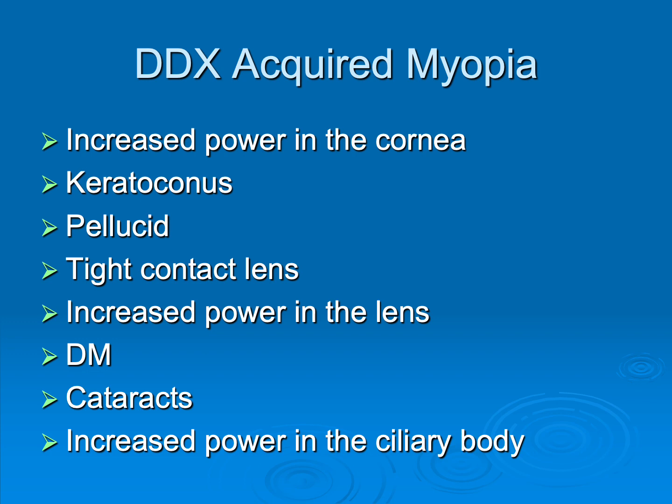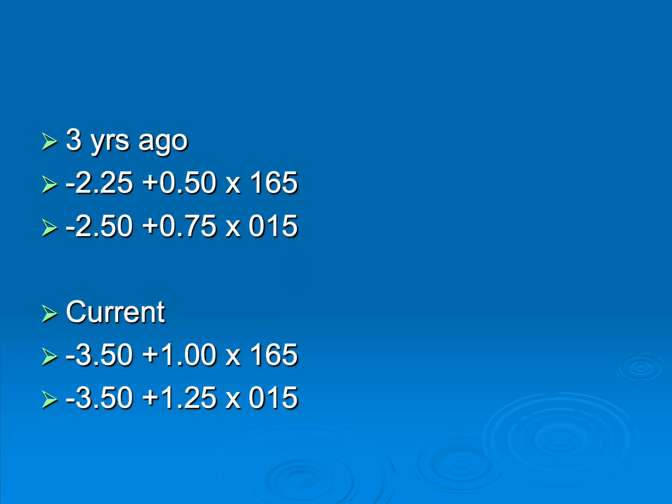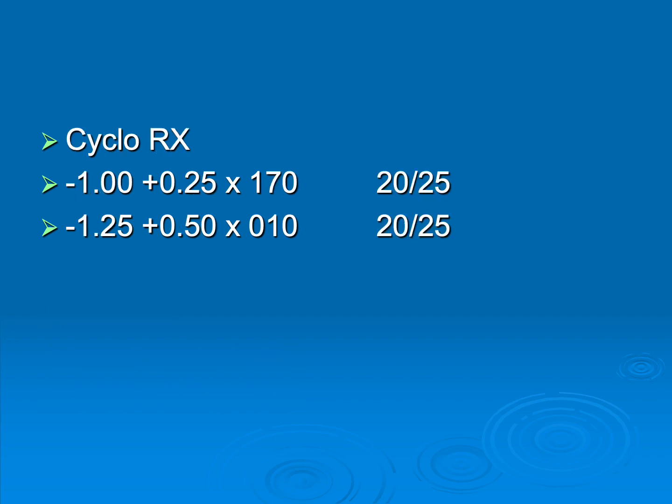So you suspect it's accommodation. How can you confirm that? Well, probably the easiest thing to do is to look back in the chart and see what her prior refractions have been. So here she is 3 years ago versus today, and you can see she is changing. So you're really suspecting now that she's probably accommodating through her refraction, and you want to know that for sure. Best way to do it is just to do a cycloplegic refraction. Patient's not going to like it, but it's necessary. So you can see right here, she's been way over minused,